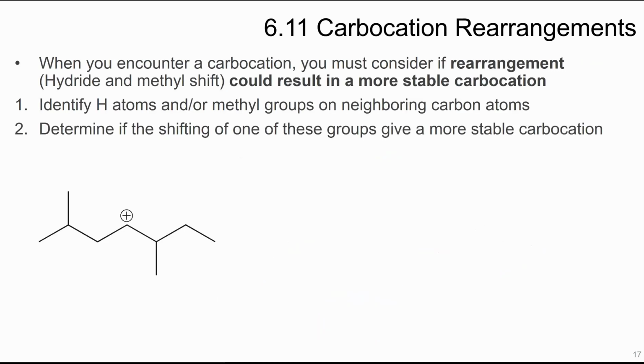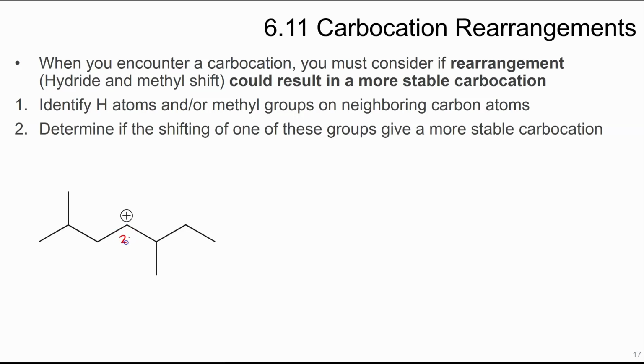So when you encounter a carbocation, you have to consider if a rearrangement, either a hydride or an alkyl shift, could result in a more stable cation. So you look at the hydrogen atoms and or methyl groups on neighboring carbons and then determine if shifting one of those groups forms a more stable carbocation. So right here I have a